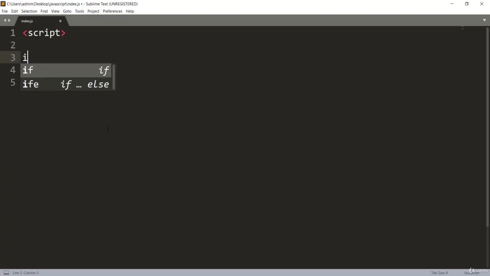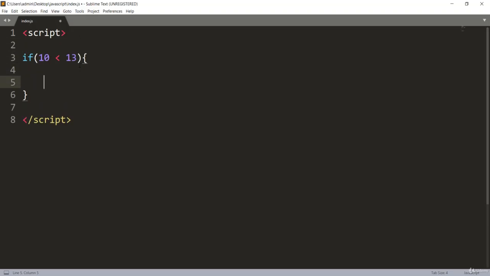Now I'll write an if statement, which is a conditional, and we haven't studied this yet, but I'll make a point here. We give the condition and the block, and inside this block I'll create another variable, let me say y equal to 40, and this is also a local variable.